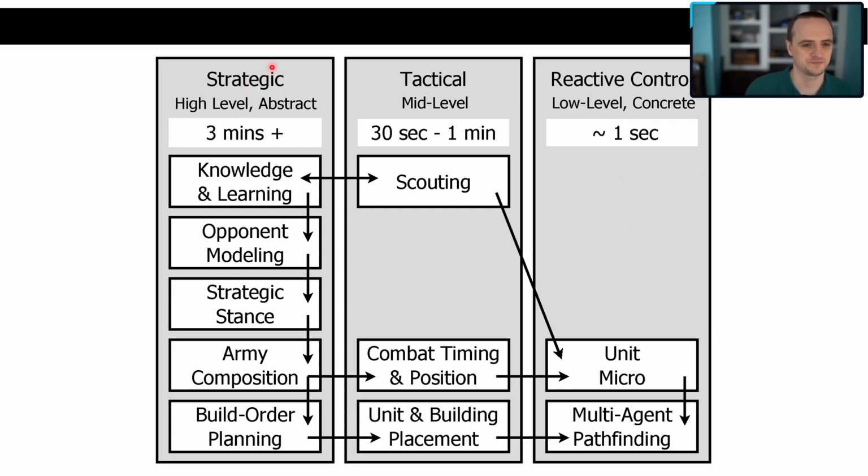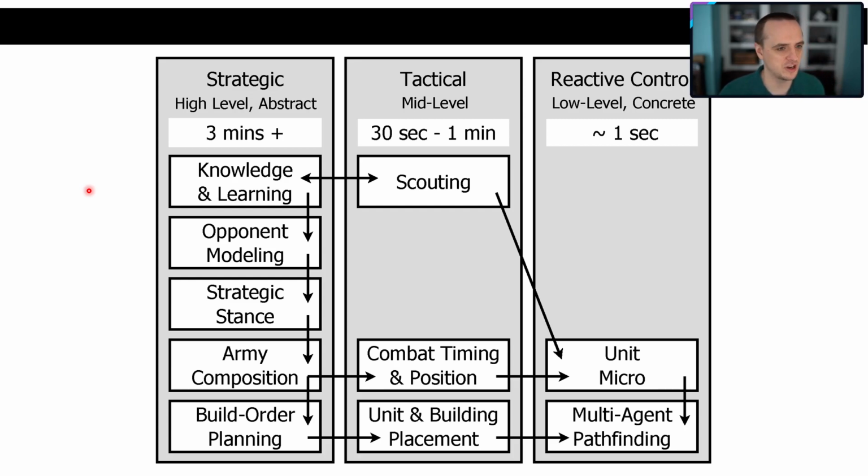First, let me show you what a typical game of StarCraft looks like from a human point of view and how these categories fall into that. When you start a game of StarCraft, you're going to start the game with some amount of knowledge. Maybe that knowledge includes the prices of all the units.